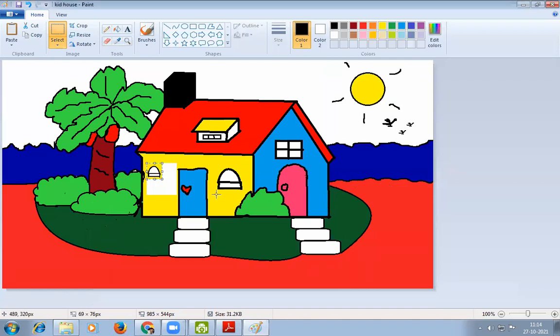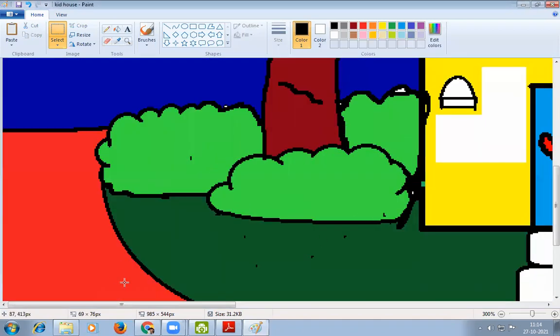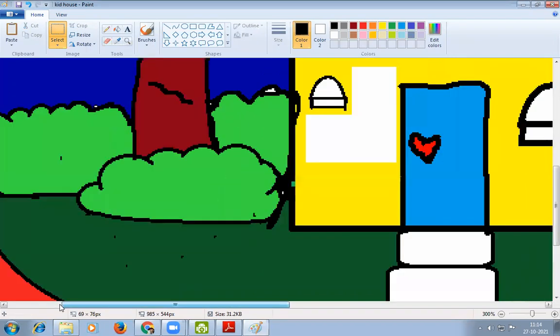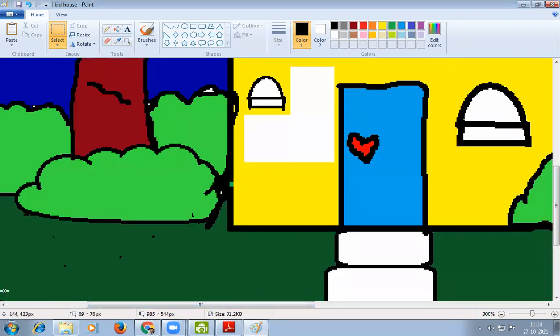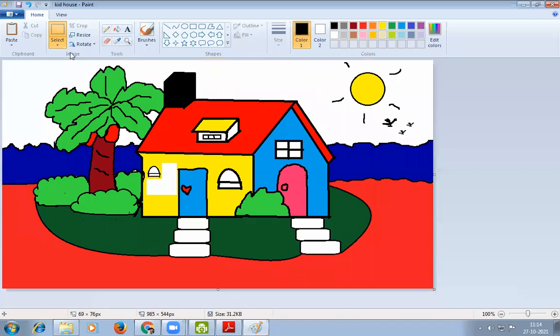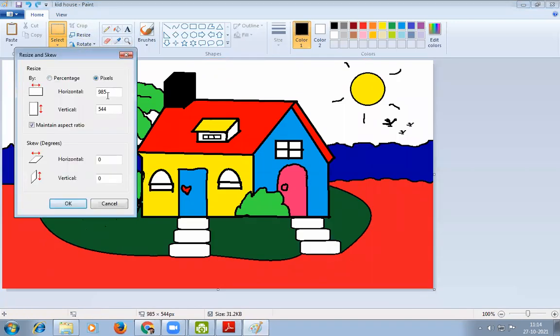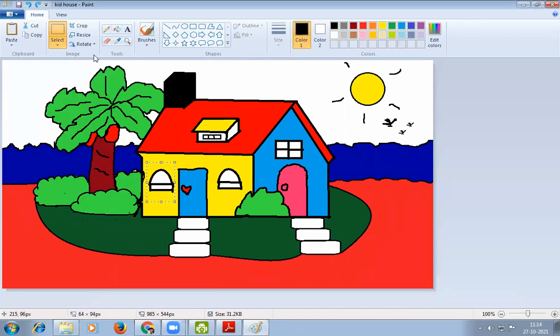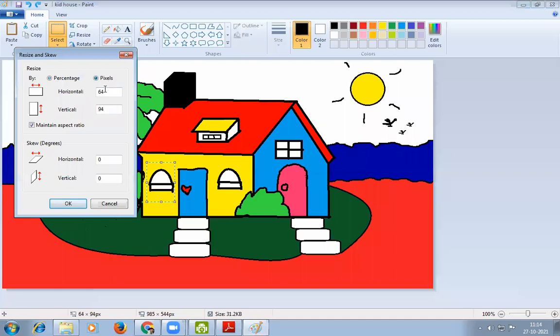So clearly you can see that the size of the window is reduced to half. So if you put any number below its original pixel value, then the shape and size of the picture reduces.